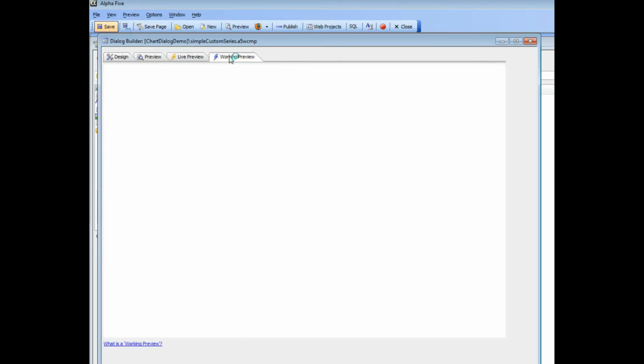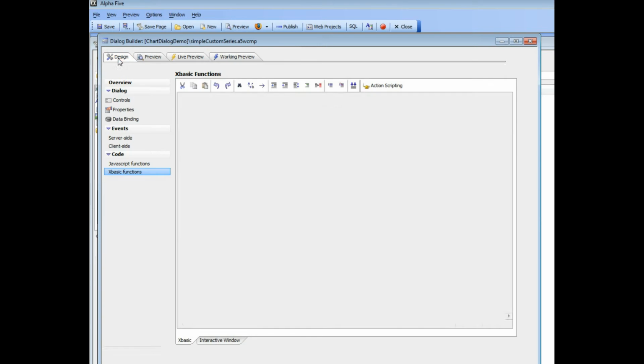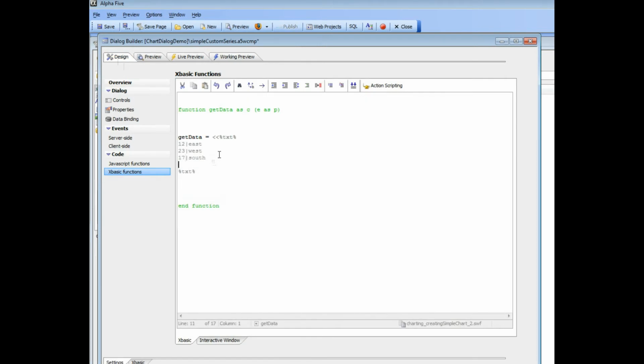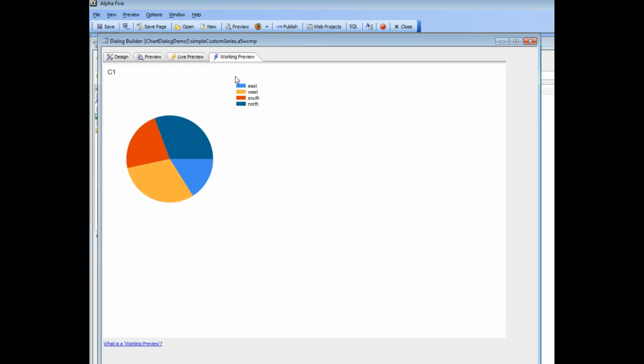and then go to working preview, I can see there's my data over there, and go there and add in say 23, and then put in north, and then go to working preview. You can see we've added another line. So what we've shown here